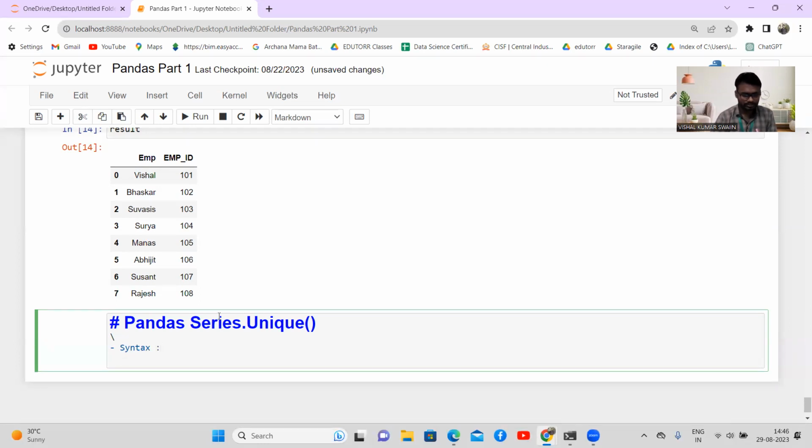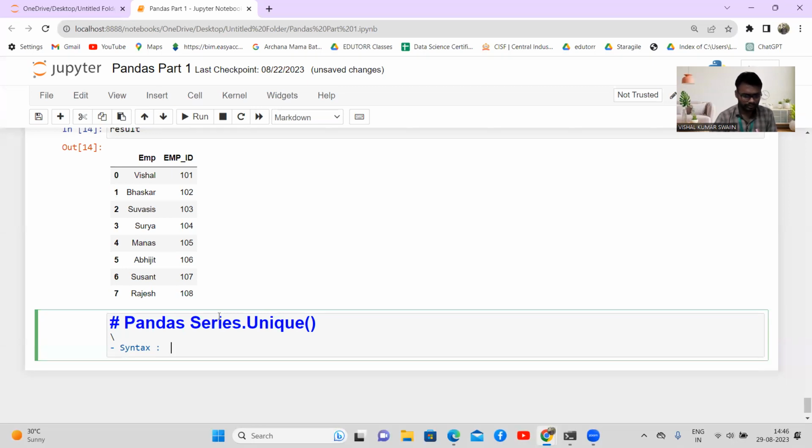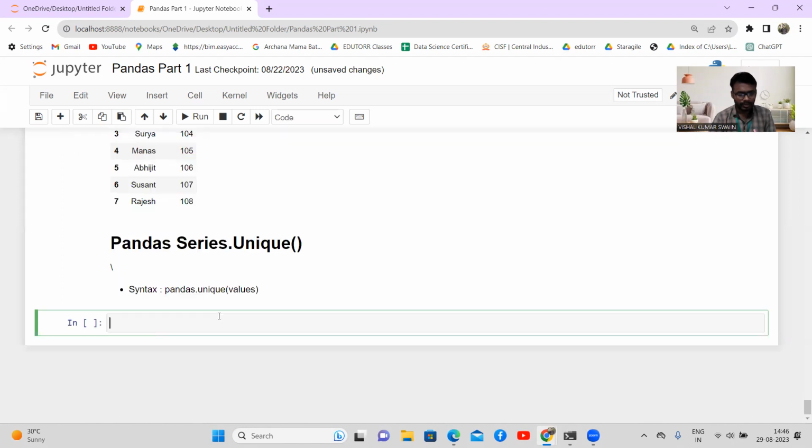So the syntax is what? Let's write here only. Syntax is pandas dot unique values. Here the value is nothing but the parameter only. So next,